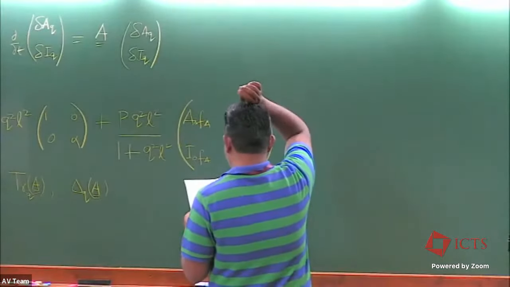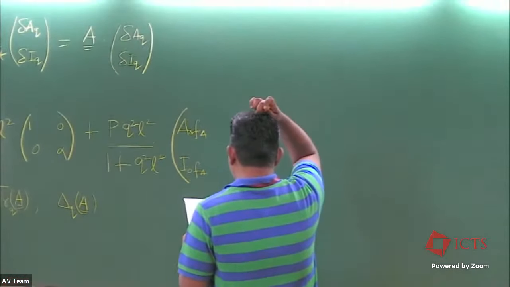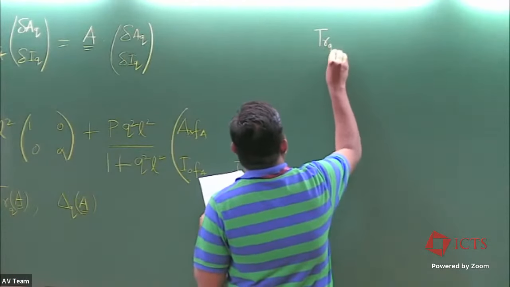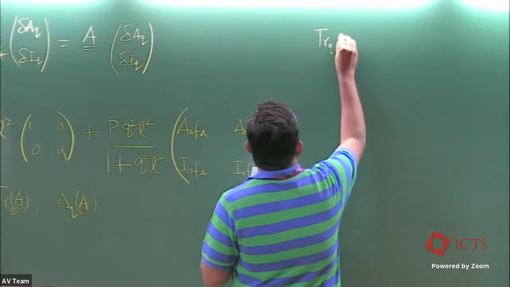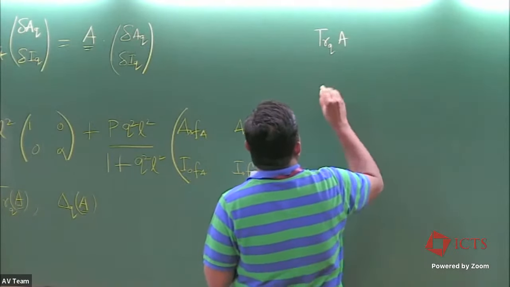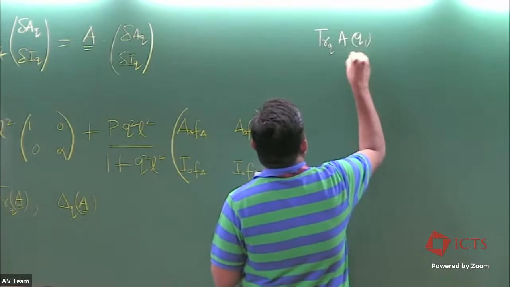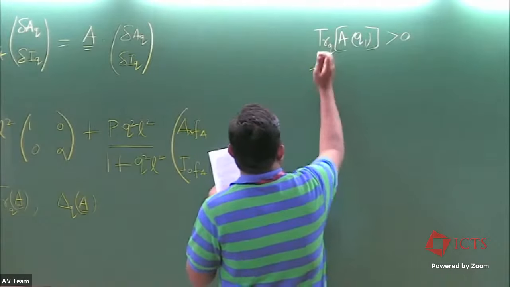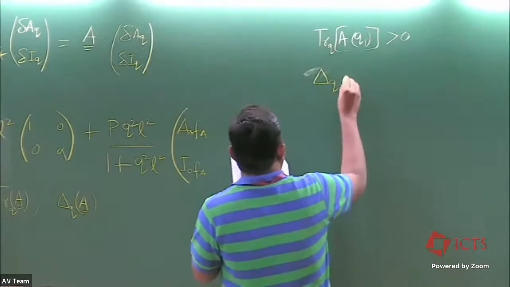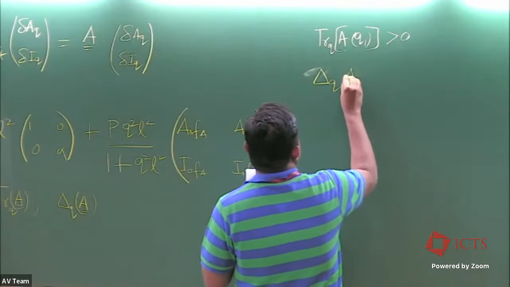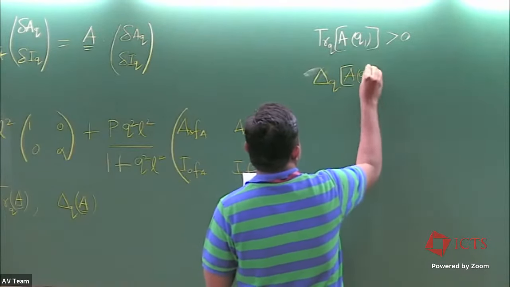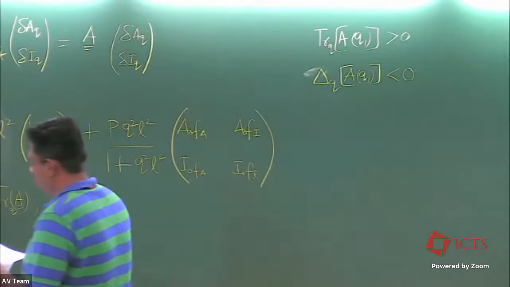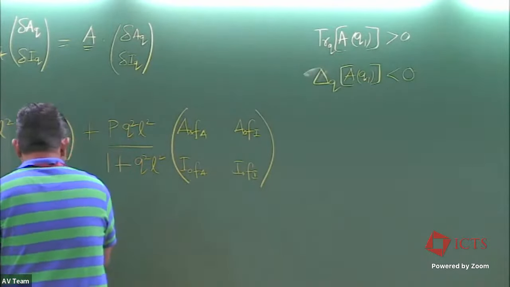So you can work out the trace and the determinant, and you can work out when the system undergoes an oscillatory instability, and the condition would be that the trace of the matrix at the smallest wave number is positive, and the determinant of the matrix, again at the smallest wave number, is negative. So the answer is that